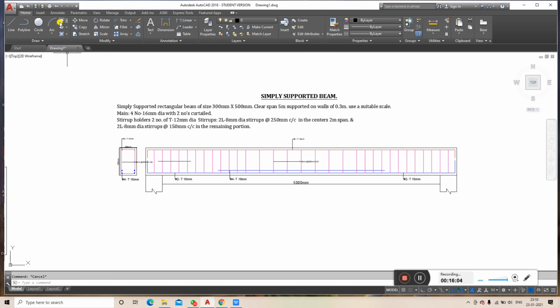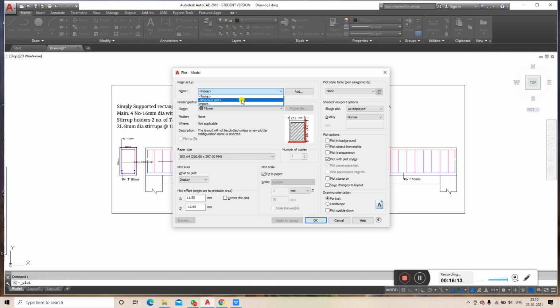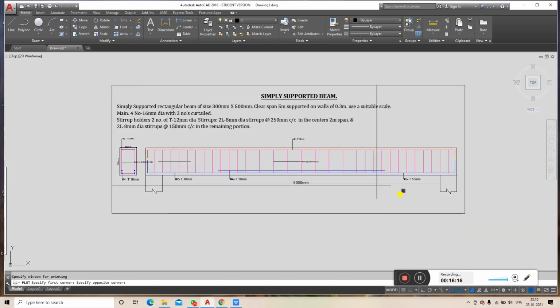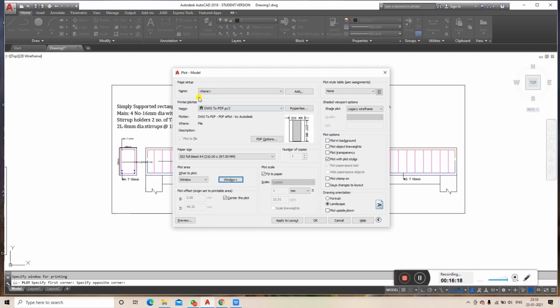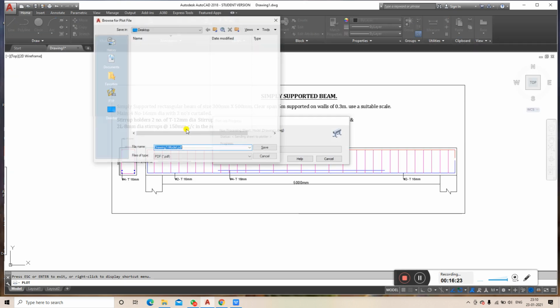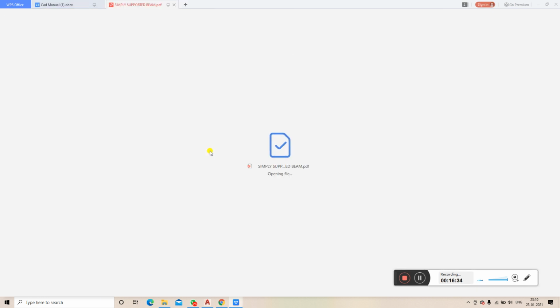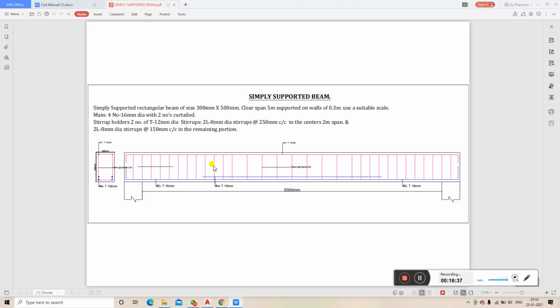Now I'll draw a rectangle and I'll give you the link of this drawing. Take a printout. Drawing to PDF. In this way we'll be having the simply supported beam.